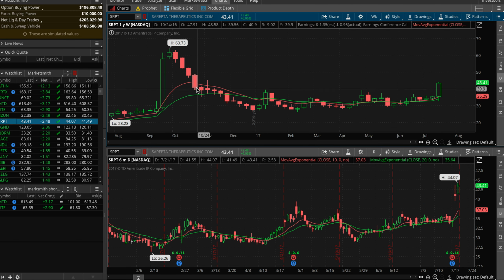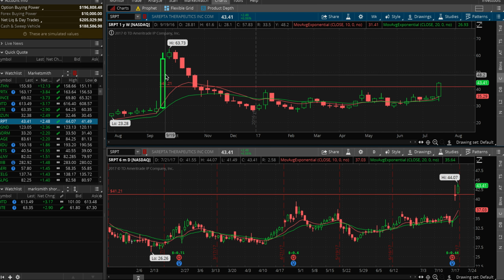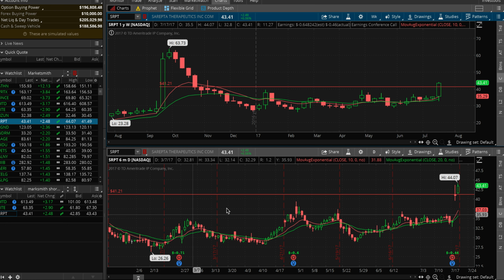So SRPT already made this up move over here. Is it going to have another move? We don't really know. But in terms of levels, there are a lot of levels, so I can put SRPT on here as well, right? It might want to do a bit of consolidation maybe next week, and then make the move. Because if you look on the top side, there's really no resistance over here, right? So there's SRPT,